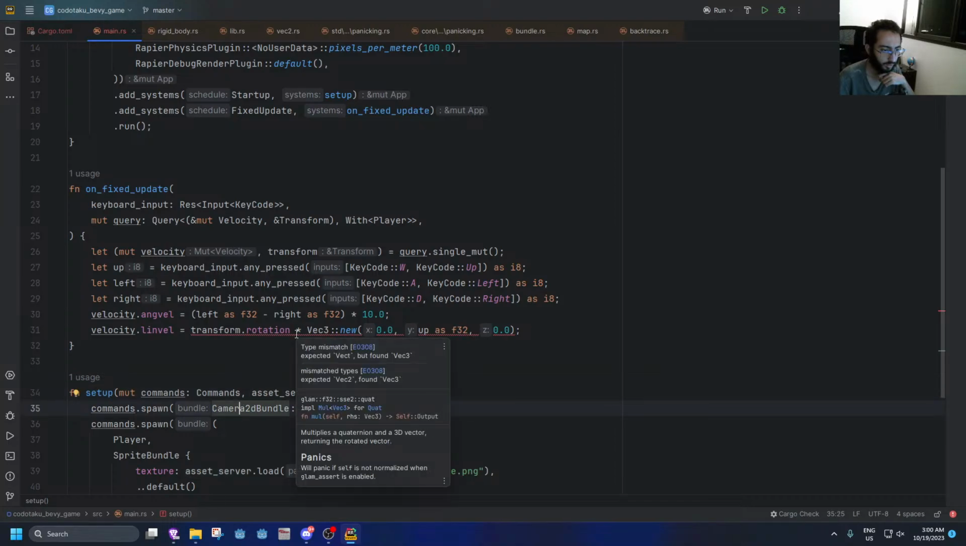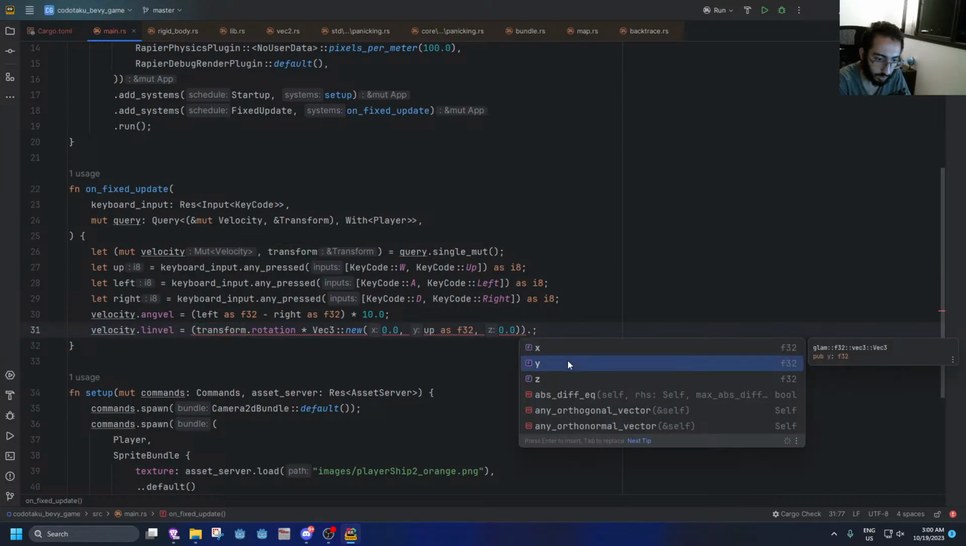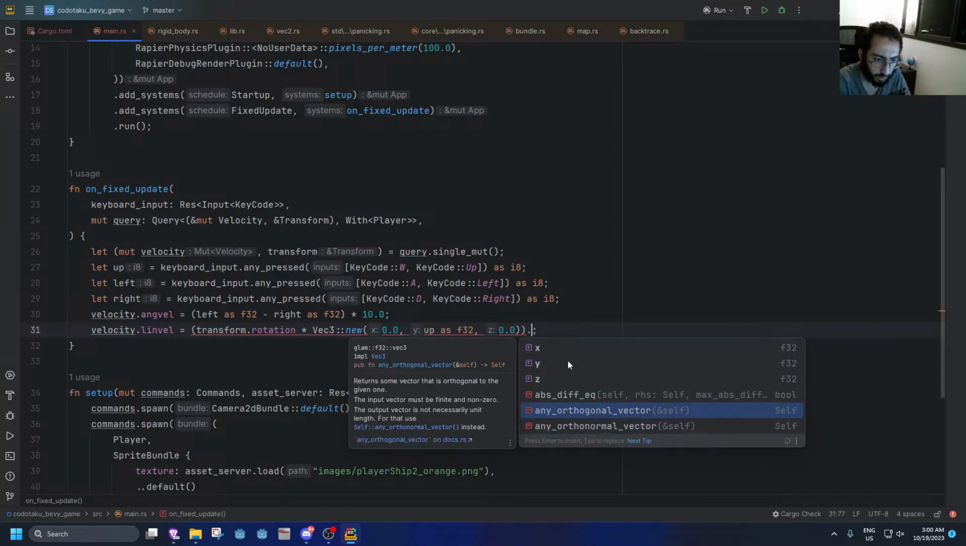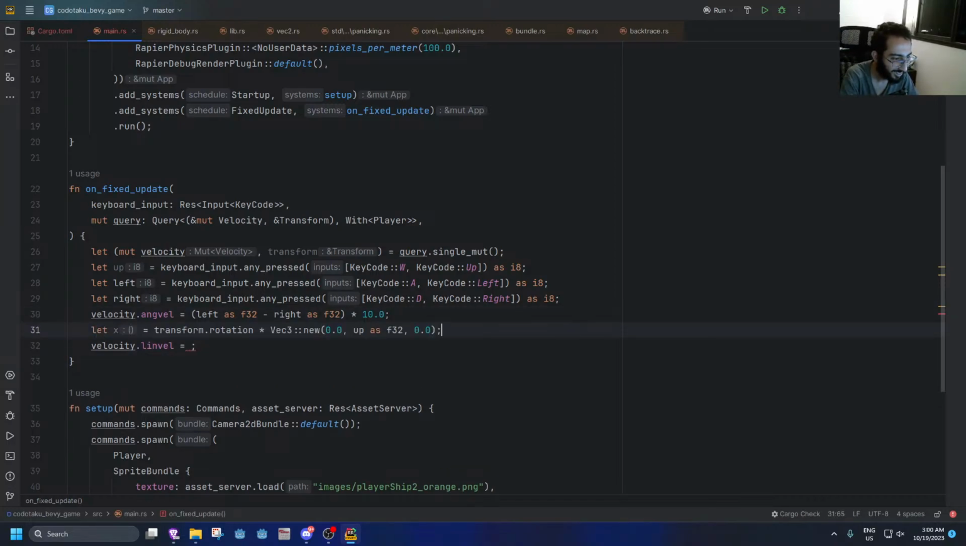What? Expected vector 3, but found. Oh, I guess right now it's fine. It's just that we now need to basically convert it into a vector 2, I think. Which is weird, but okay. Well, I guess I have to construct it manually then. All right, let's give this some creative name. Let x is equal to that, and let's just say